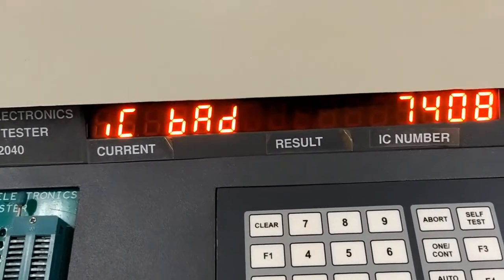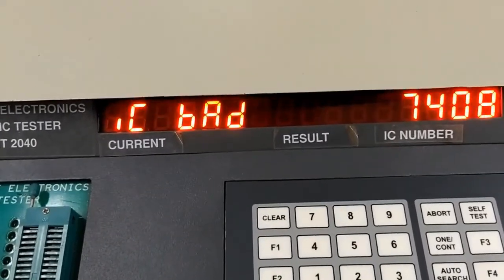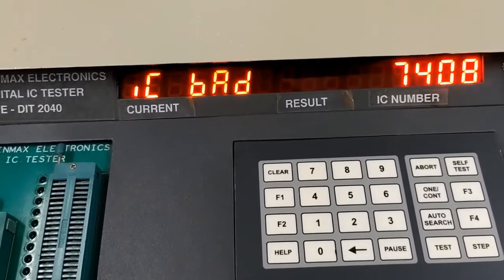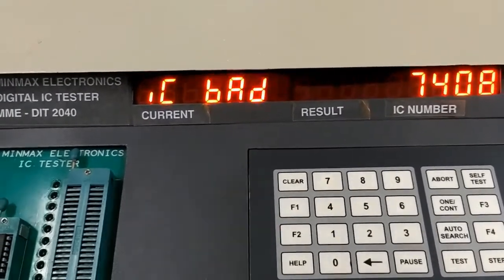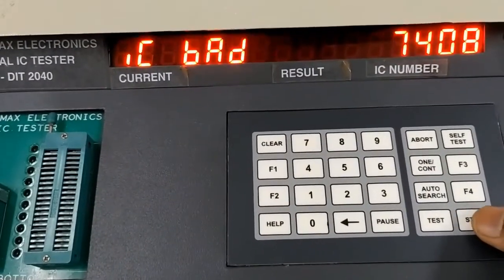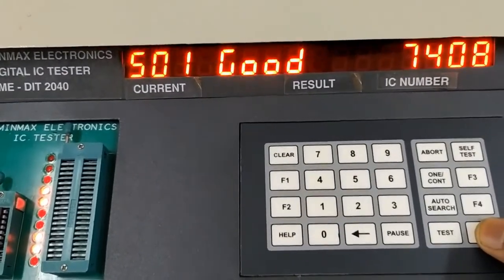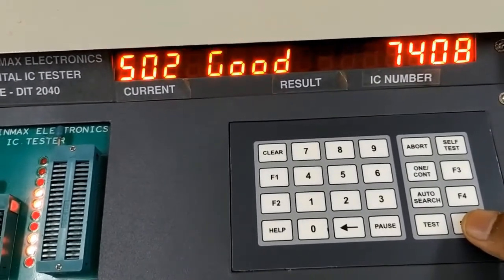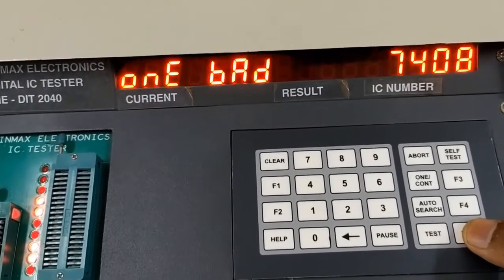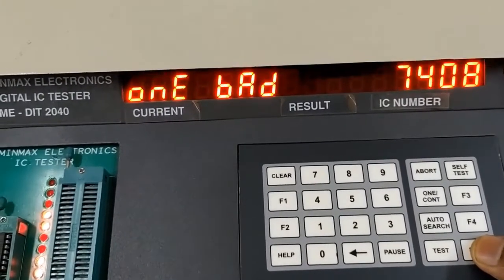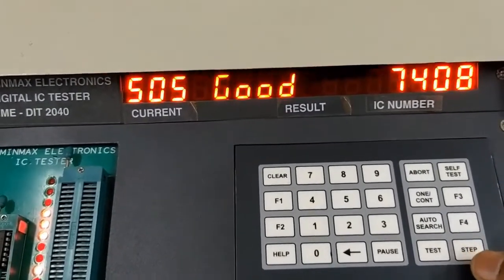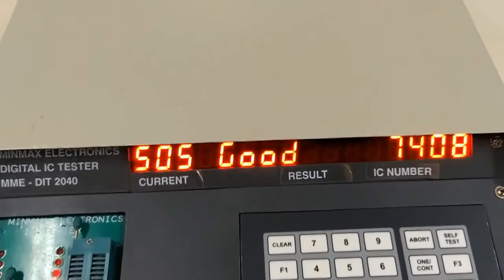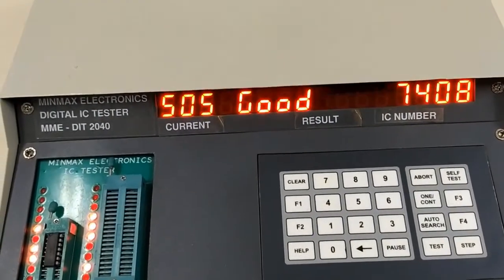In case you want to check which gate of the IC is bad, for example, if I speak about the pin diagram, my 7408 has 4 AND gates. So I can test gate-wise. You have one more button which is called step. If you press step, it will say yes, 0, 1 good, which says that gate 1 is good. Second gate is also good. Third gate is bad. And fourth is also good. After that, it is done. So out of 4 gates, one of the gates is not functioning properly, because of which it is saying that the IC has gone.